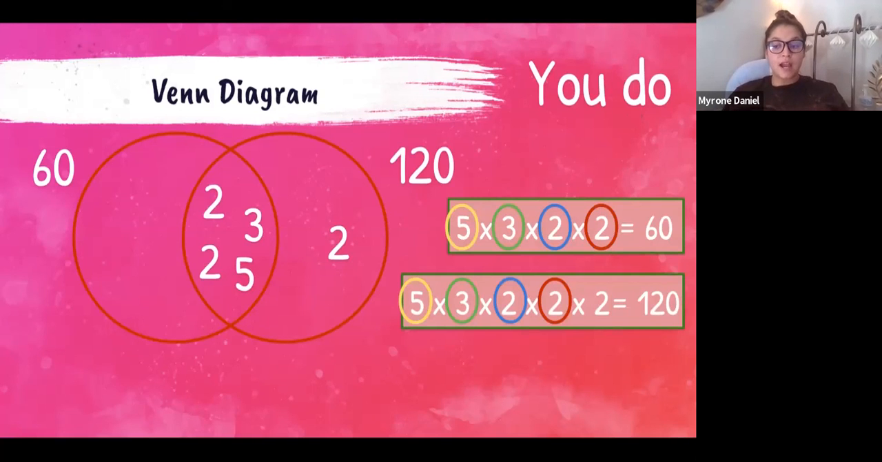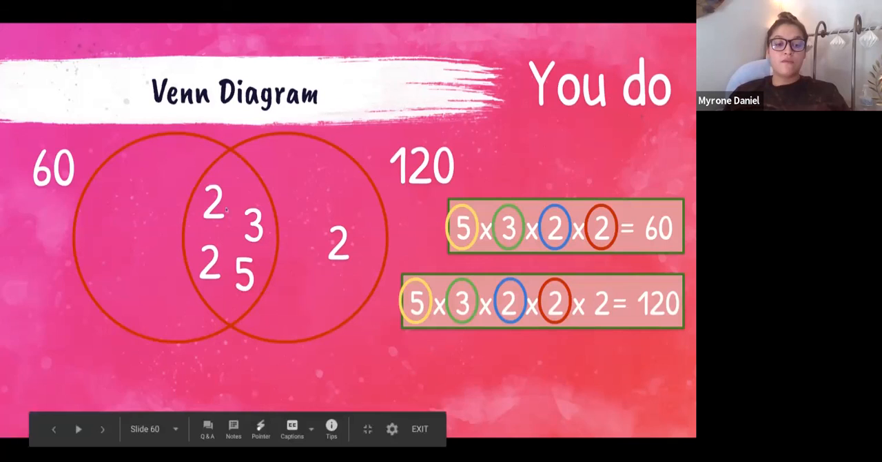So in order to find our greatest common factor, what should we have done? If you said multiply those numbers together in the Venn diagram, you're correct. So 3 times 60